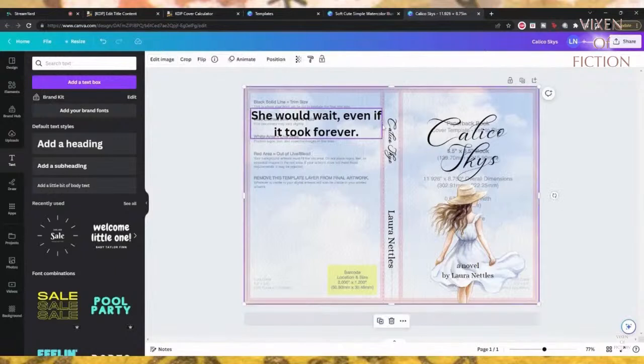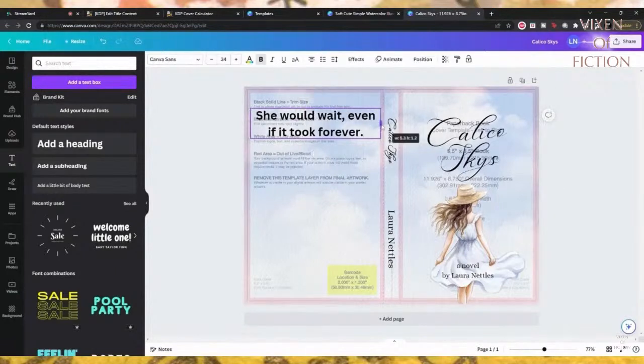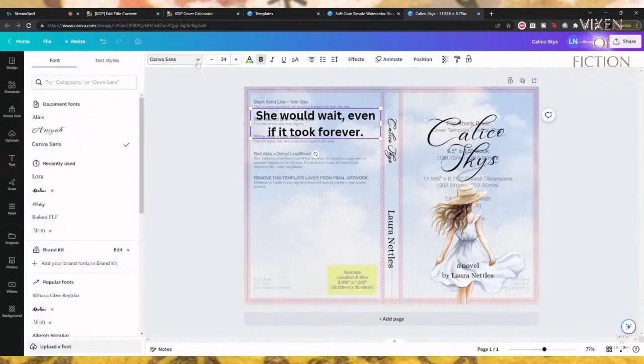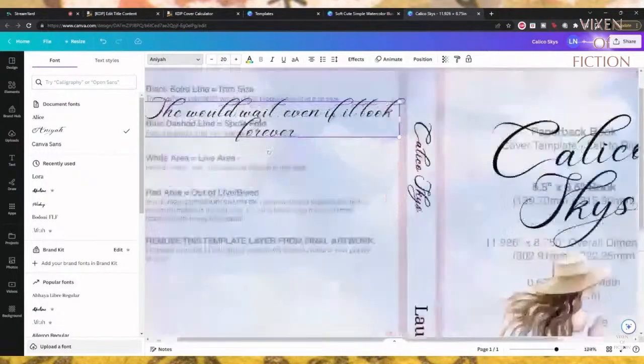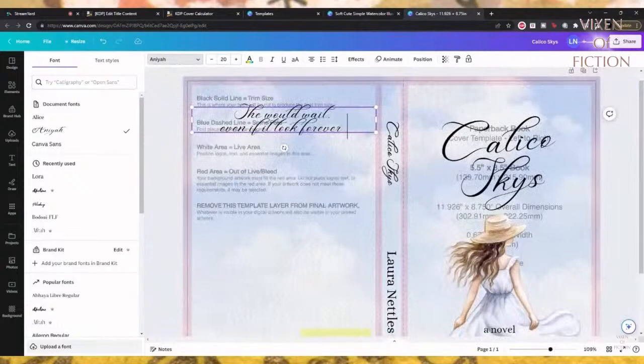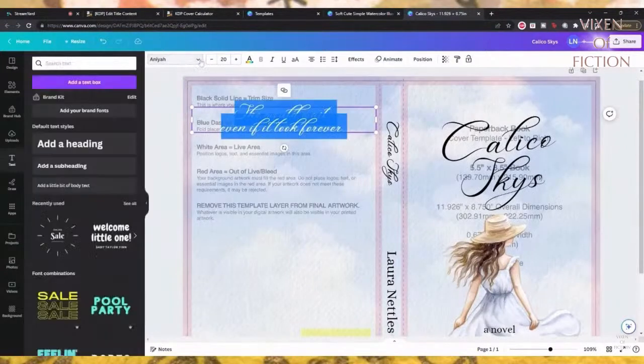Something there. And thing there. And it's centered. And we want it to be that. I think that font's a little too frilly for this part. So